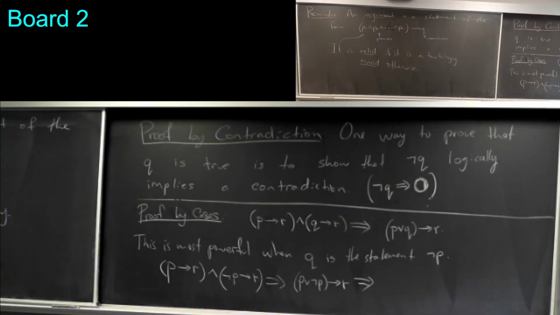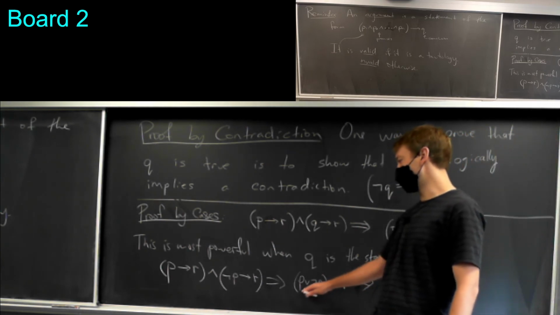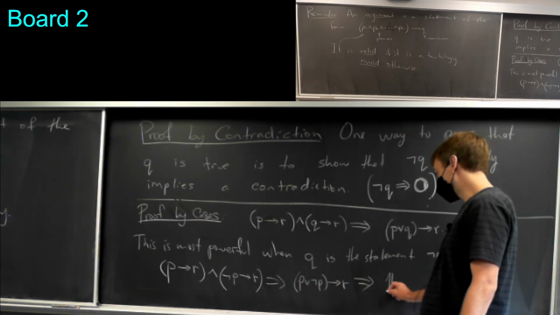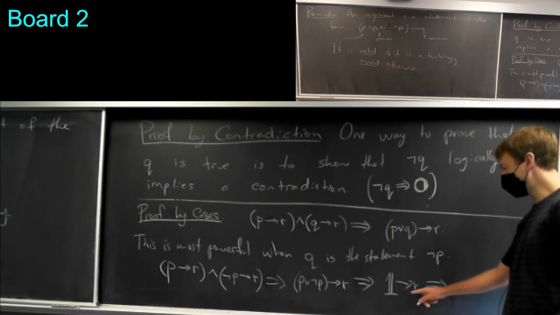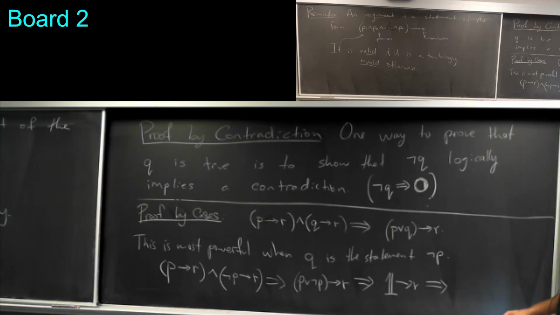Exactly, P or not P is a tautology. It's always true. So that tells you that a tautology implies R, which we can write using our known logical equivalence. A tautology implying R is the same as not the tautology or R,